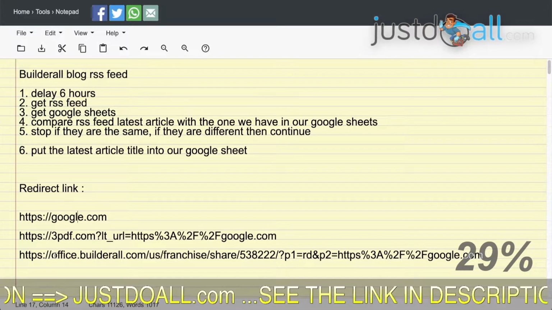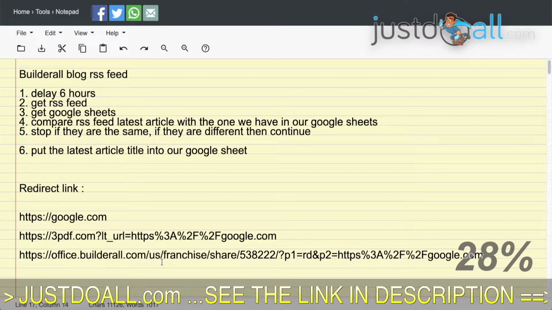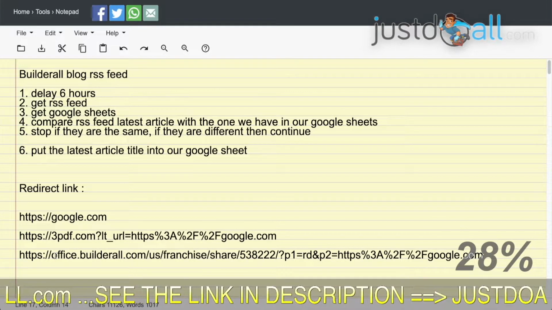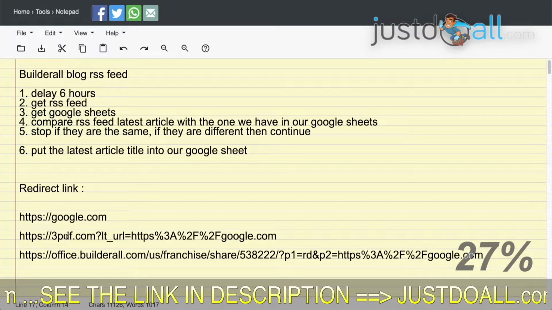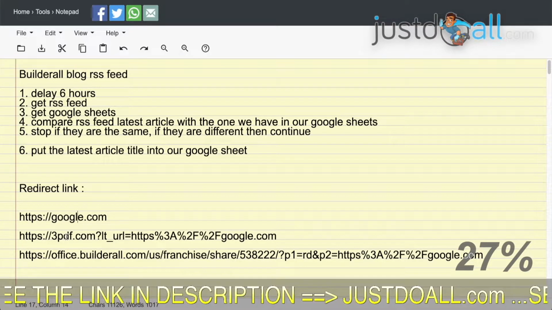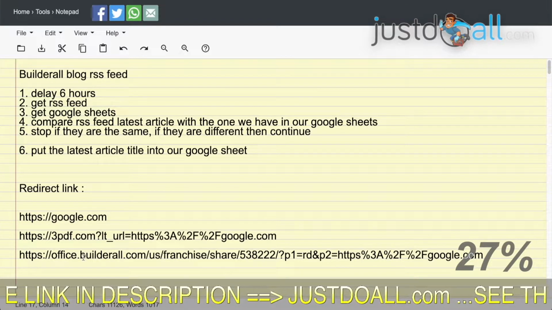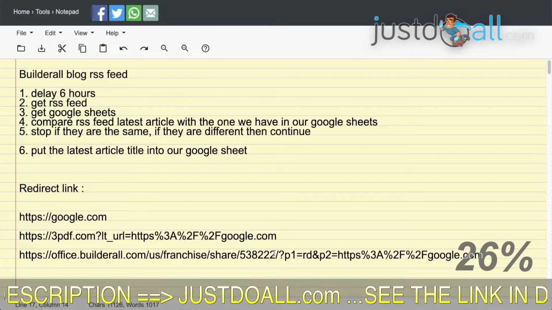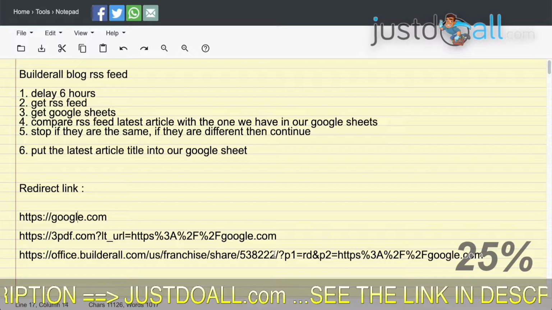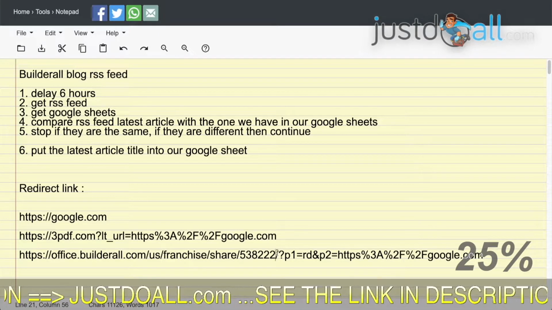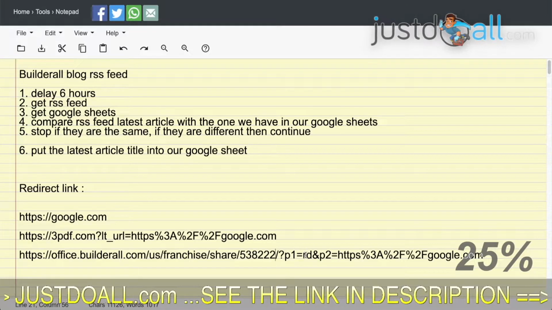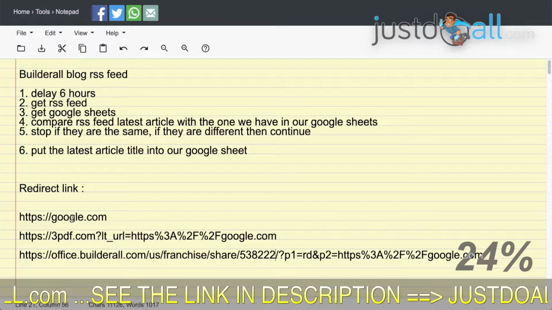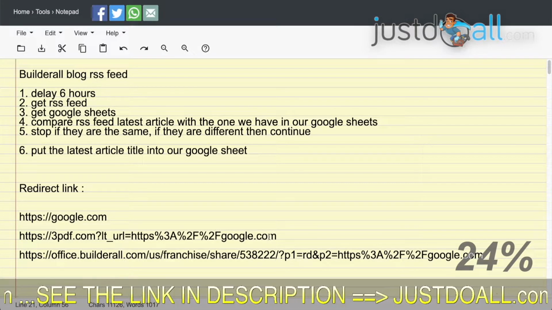If you don't have any domain name attached to your affiliate area, it will show this. But even if you have a domain name attached, this second way will work. It's the same. It's just, if you have a domain name, they give you the URL with your domain name. If you don't, they give you the general URL, which works for everybody. And in this URL, you have a number. This is your affiliate Builderall ID. So here, the number. And then you have question mark, P1 equals RG, and P2 equals, and then you have, again, the same URL, and it is URL encoded.